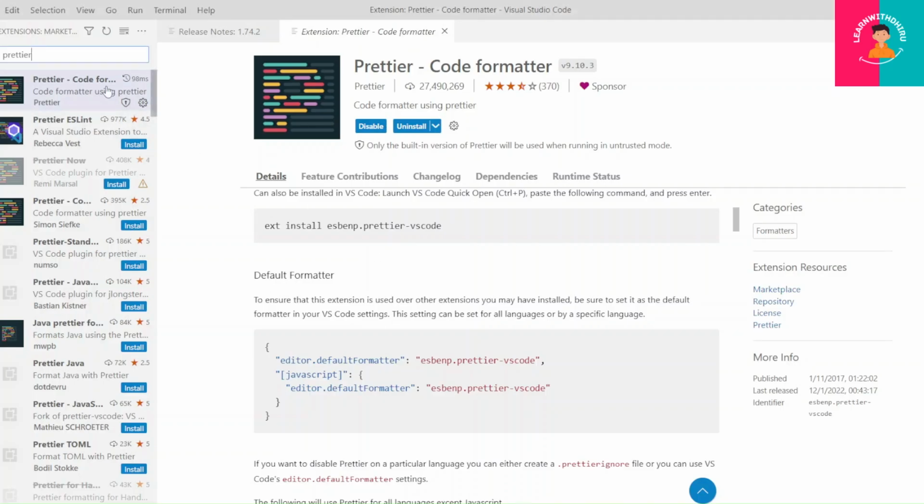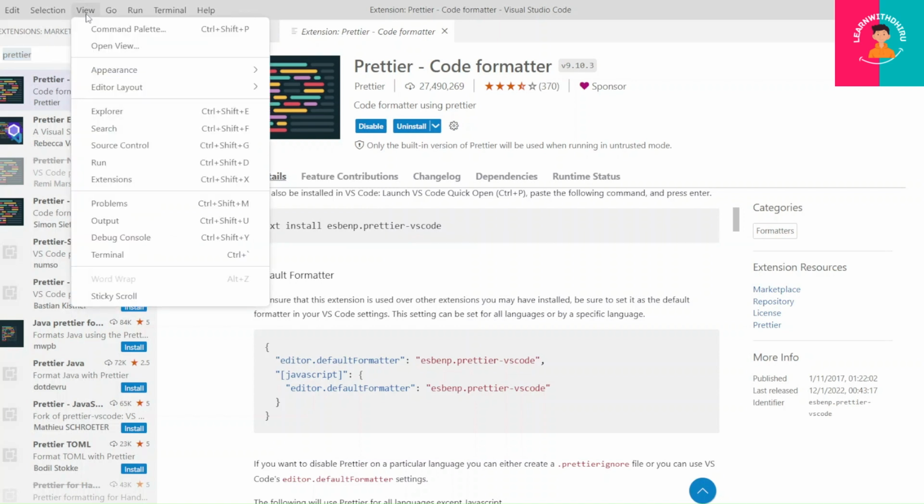In this video, we are going to see how to install any plugin in Visual Studio Code. In web development, there are several extensions which are widely used for beautification of the code or to simplify the web development. In order to navigate, you just have to click on the View menu and then